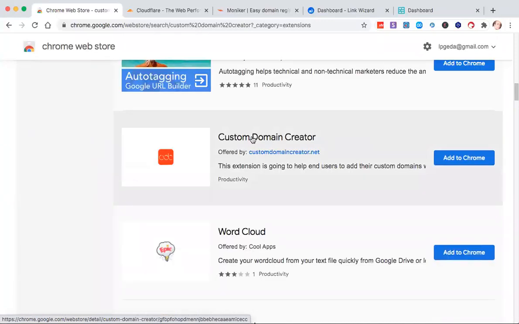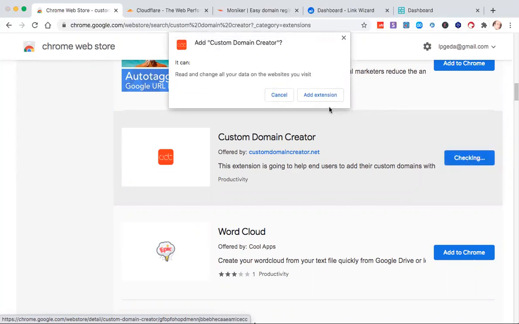There it is right there, custom domain creator. That is what the logo looks like, and click add to Chrome. And then you'll get a little menu. Depending on what browser you're using, it may look a little different, but you'll get an opportunity that asks you if you want to add the extension. Click add extension